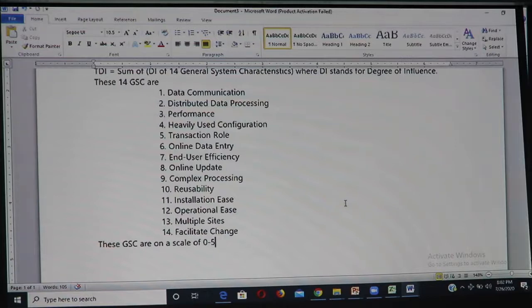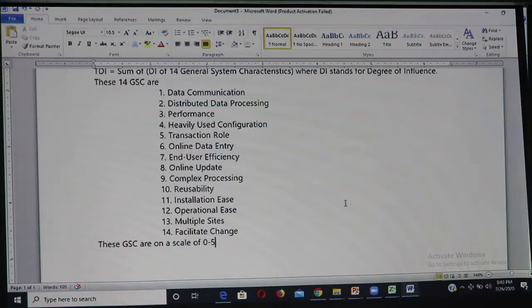For example, data communication: if it is going to be the key factor, if lots of distributed databases, multiple servers, or a complex server architecture are involved, you are going to put data communication as 5.